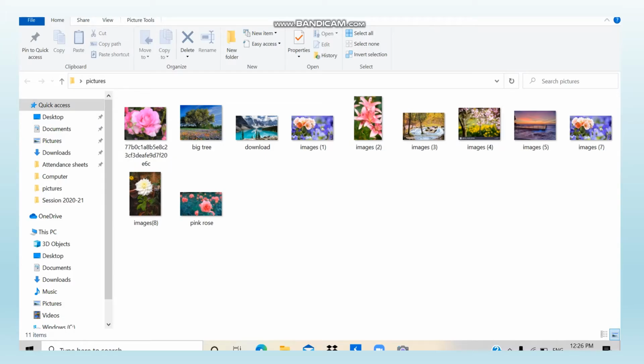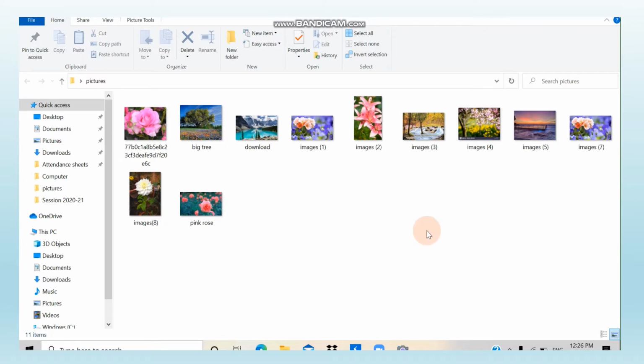Now, children, let us see how you can delete the file or folder on your desktop or from any folder. Children, today we are going to learn about how we can delete the file or folders. You can see many pictures on my screen.